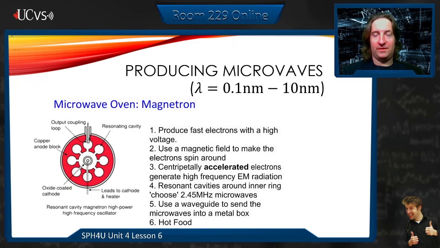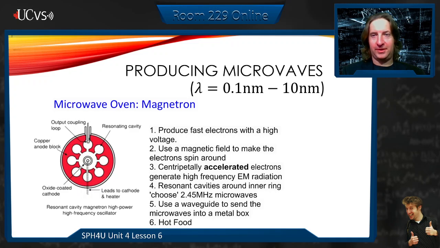What about microwaves? So let's increase the frequency a little bit more. Now we're going to talk about, again, megahertz. So we're going to be pushing that frequency up, reducing the wavelength down into the nanometer scale. So basically, what a microwave does is it uses the way in which magnetic fields